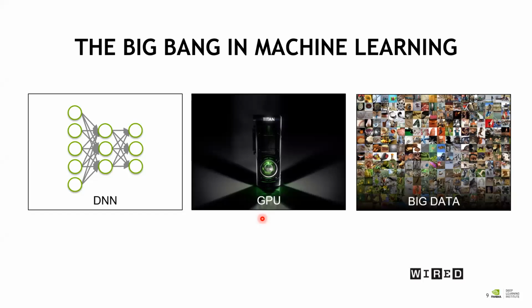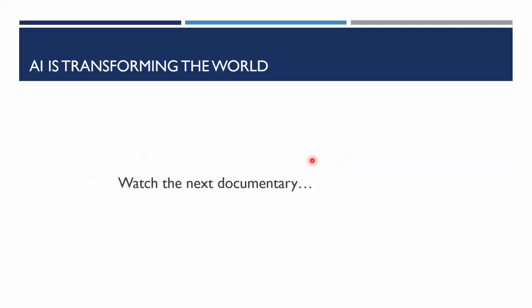For deep neural networks to learn, they need a lot of data for the training. And now, because of the internet, because of mobile phones, because of the millions and billions of data being generated every day through mobile phones, through social platforms, through the internet, training the deep neural network has also become easy. So deep neural networks, GPU, and big data, this combination has helped deep learning take off. And that is why we call it a big bang in machine learning and deep learning.